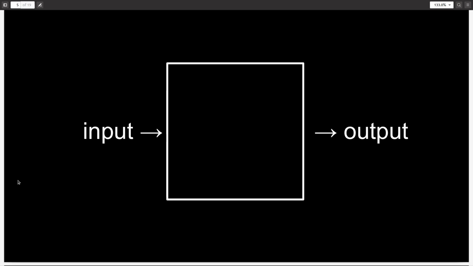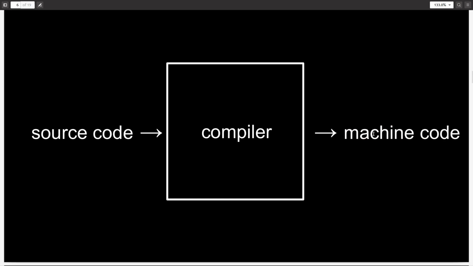Now we saw this picture in our last lecture. So this is the skeleton of any computer program. You supply it some input and in a black box some algorithms do their magic and you get an output. So inside your computer, your source code, when you write it, you feed it to a compiler which translates your code into machine code which your computer can read. In Python there is not a compiler but an interpreter.